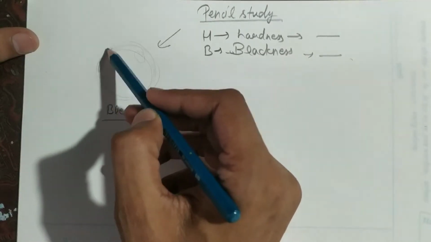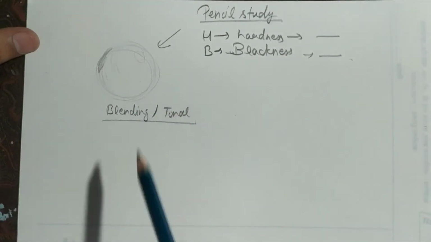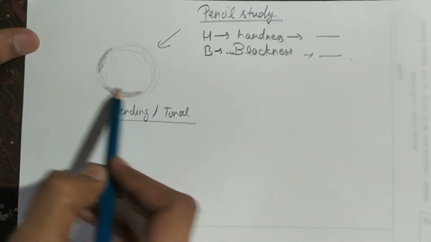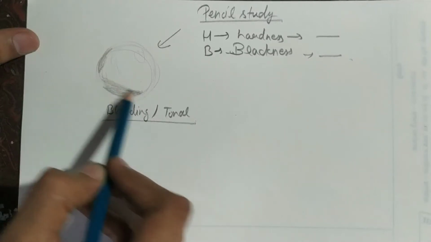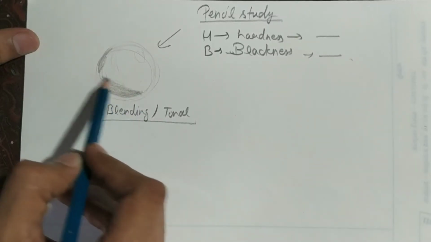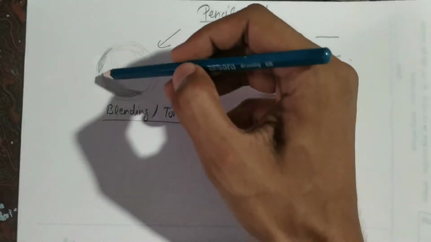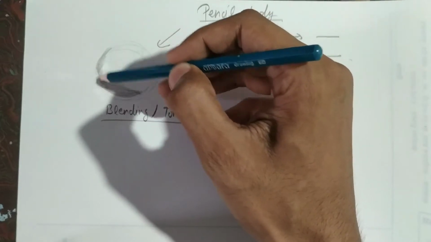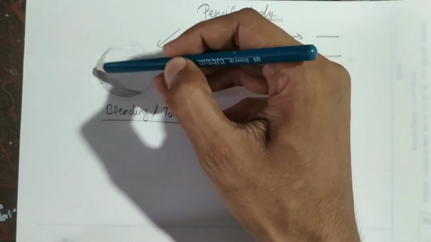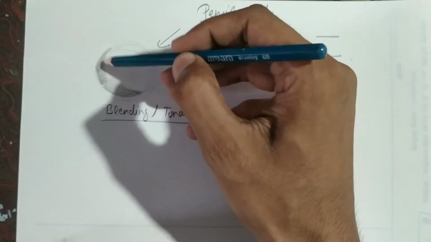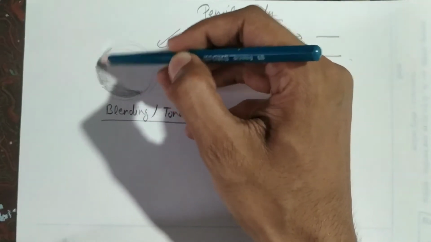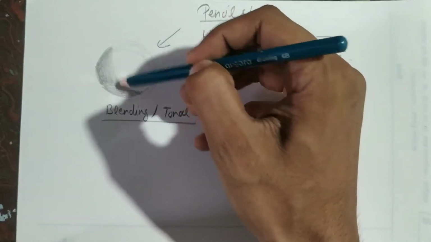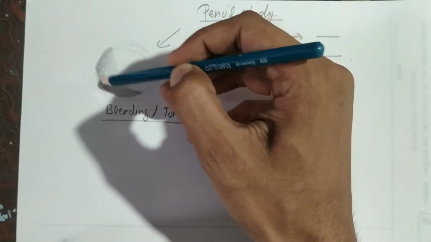Okay, so first we'll do the shading. How you have to give the blending shades. What is blending? Like this I am doing. In blending, there should be no line visibility. Okay, there should be zero line visibility. And remember one thing, whenever we draw anything, it should be as light as possible, so we can erase it easily and it will not create any patch on your surface. Okay, like we are using the paper as a drawing surface, painting surface. So remember, in blending also, as light as possible.